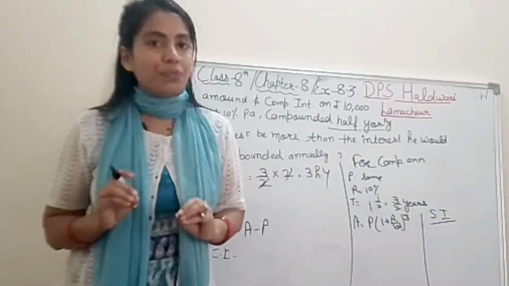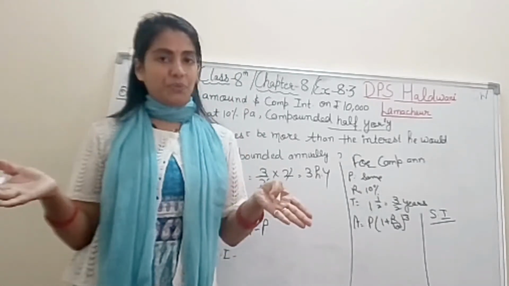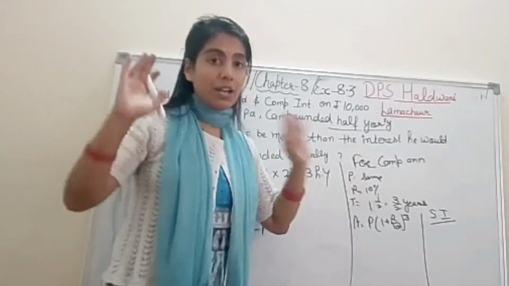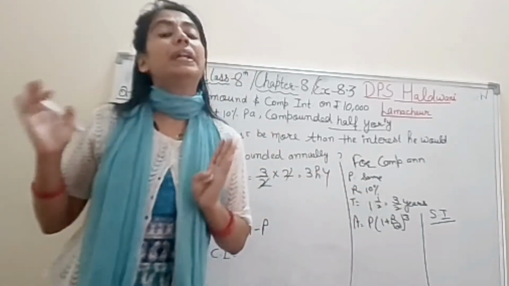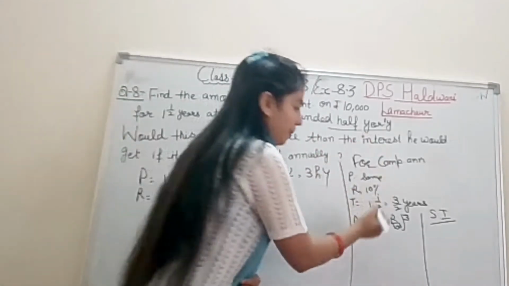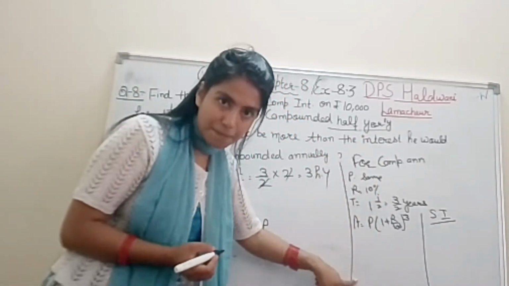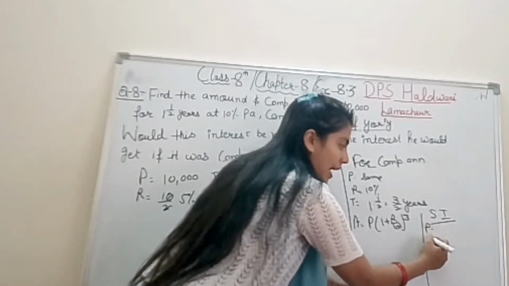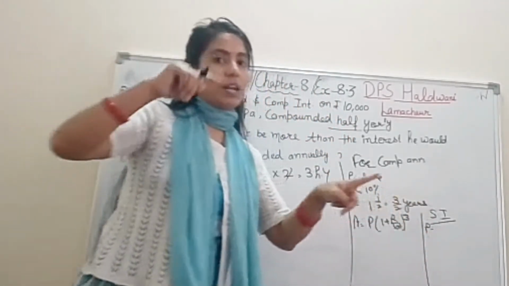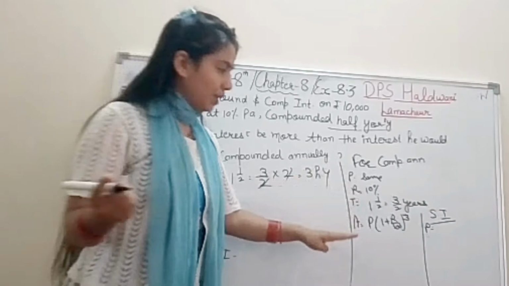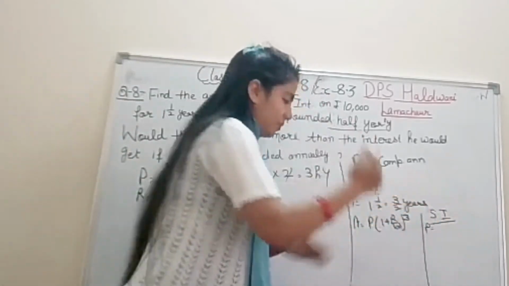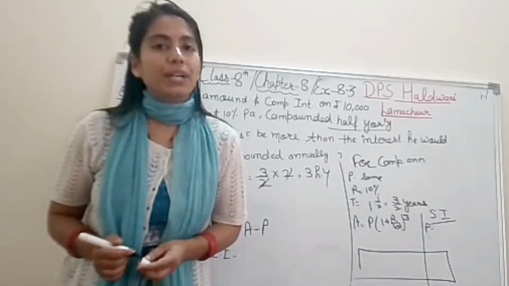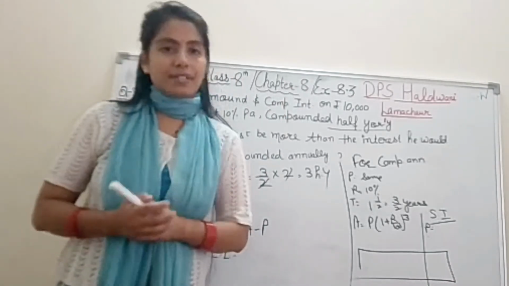Please see my introduction video. I have made a separate introduction video for that. Okay, it is just a calculation, 1 by 2 years. For 1 by 2 year, we will find it by simple interest, right? So P will be the amount of this. Whatever the amount formula gives, that will be P for this. R will be same. T is 1 by 2 upon 100. So this amount plus this amount, you will add them. Right student? So that will be the interest.